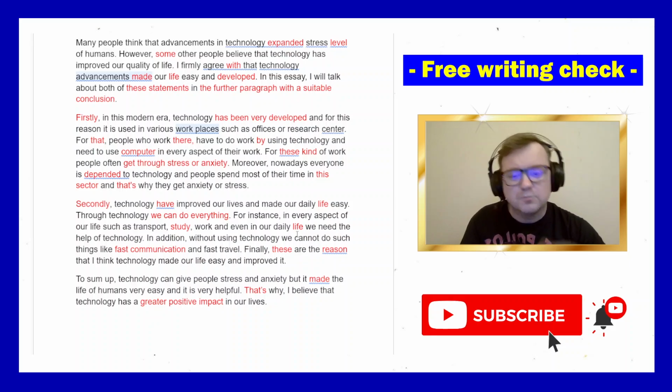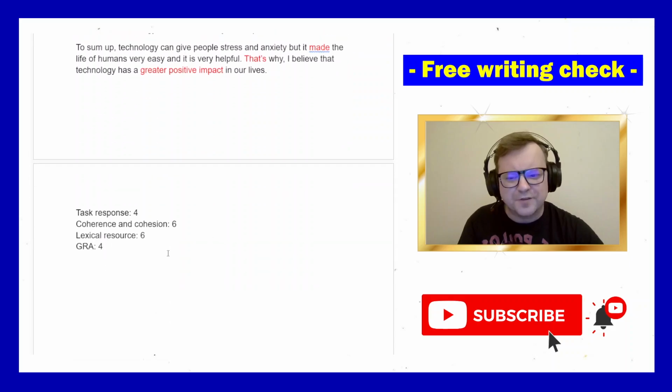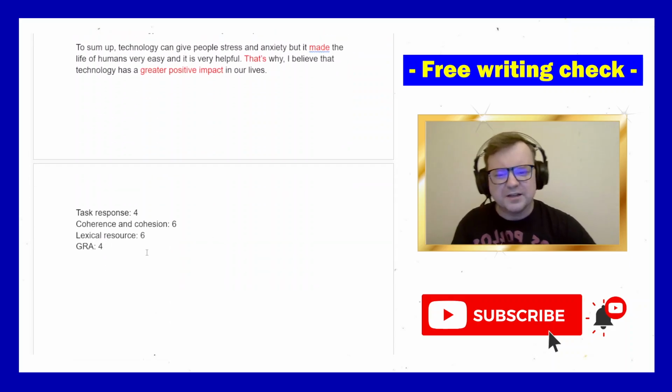The candidate does use a nice variety of sentences. So sentence types, good variety. Structure, limited in structure, but accuracy is the huge problem here. It's just mistake after mistake after mistake, and that leads to a breakdown in understanding, where I have to reread, I have to try to understand what the candidate means, because the grammar is not doing enough of that. So I'm going to be brutal with that and give that a 4.